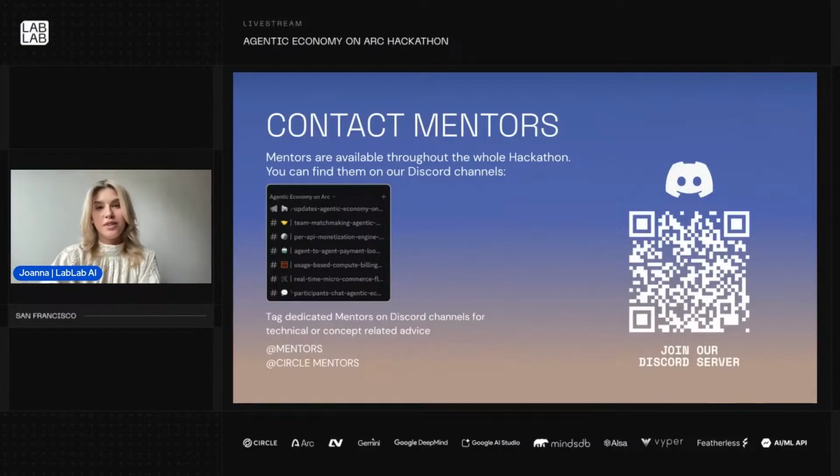If it comes to contacting mentors, in order to join the LabLab Discord server, scan the QR code that you can see now on the screen and you'll be redirected straight to it. Mentors, of course, are available to you throughout the whole hackathon to support you and answer any questions that you have.